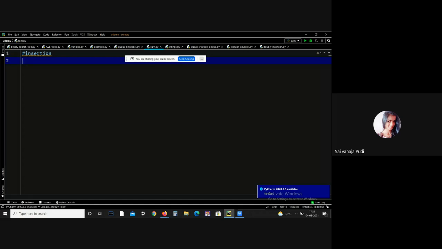The first one, insert, is generally used to insert an element at any location. You can understand with an example: 1, 2, 3, 4, and 5. I'm using the insert method. You can insert an element at any position, like if you want to insert an element at the second index, then you can insert using the insert method.